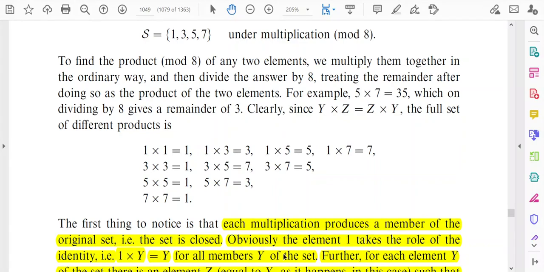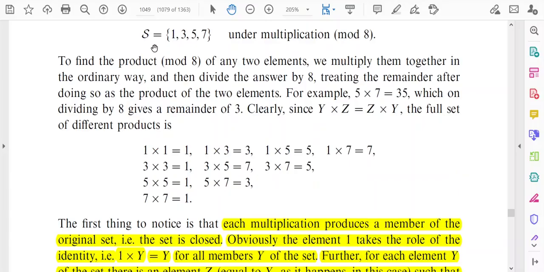In this lecture, I am going to discuss the multiplication table. But before that, I would like to mention that suppose S is a group. The group elements are 1, 3, 5 and 7, and this group has been formed under multiplication mod 8. And I have already discussed this particular kind of group. And for this group S, the multiplication